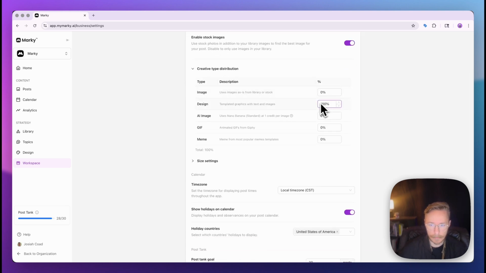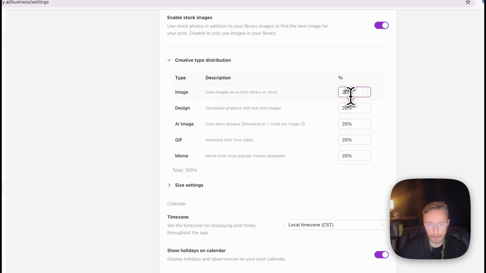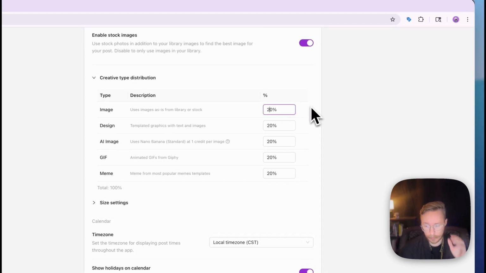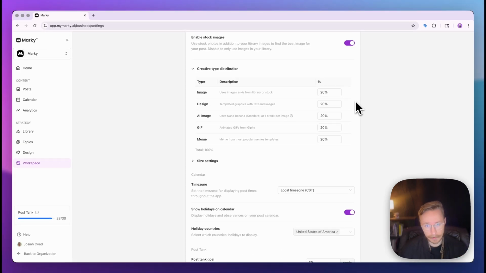So here, right now it's just 100% designs, but I could do 20% design, 20% images, some GIFs, some memes, and some images, just as is. I could just do a full sweep of a little bit of all of them. And now whenever I generate posts, it's going to use that distribution and create a mixture